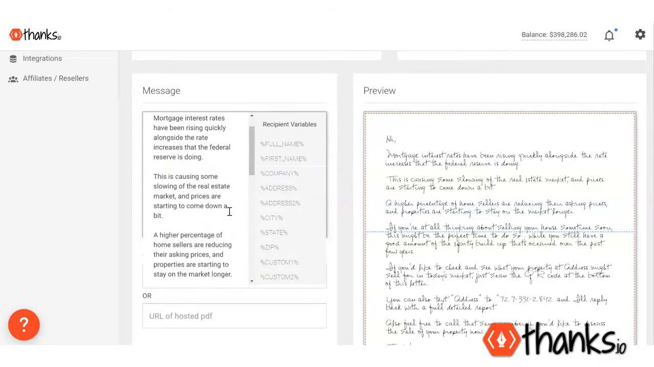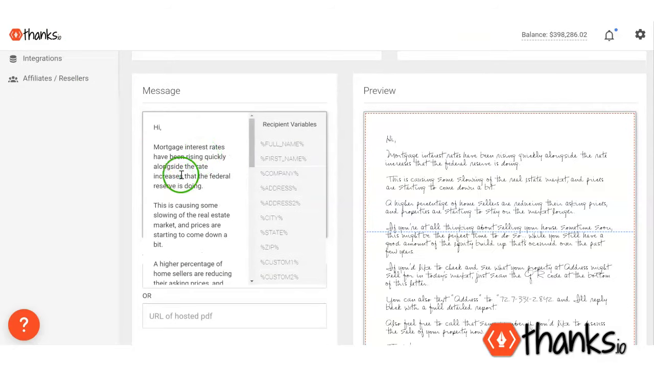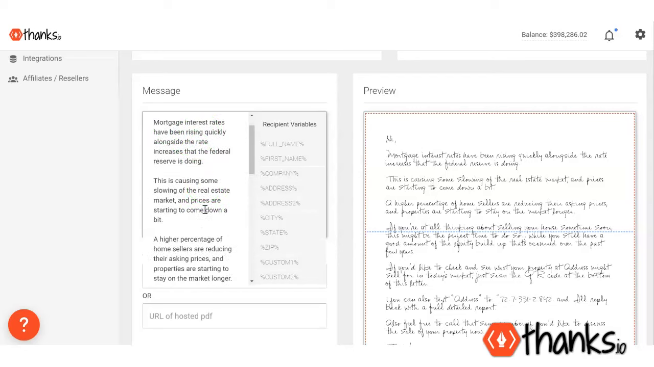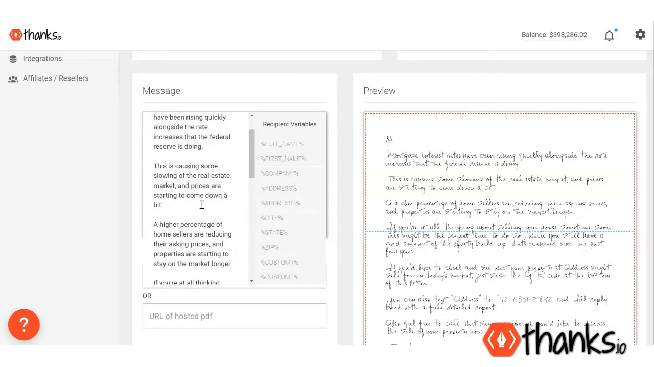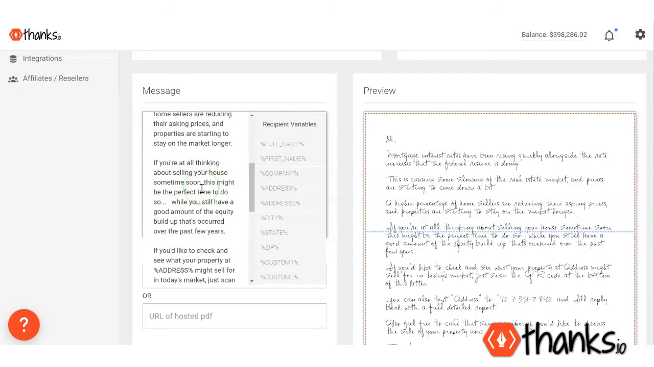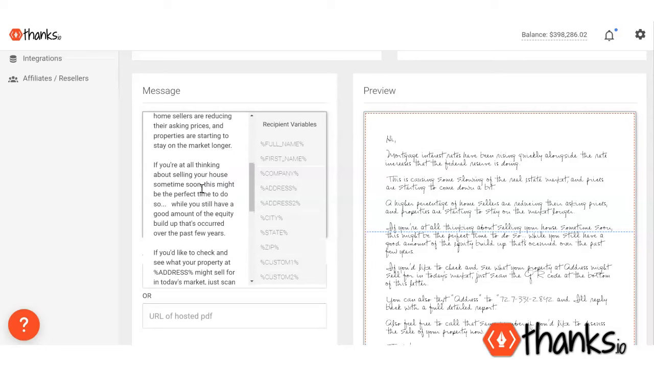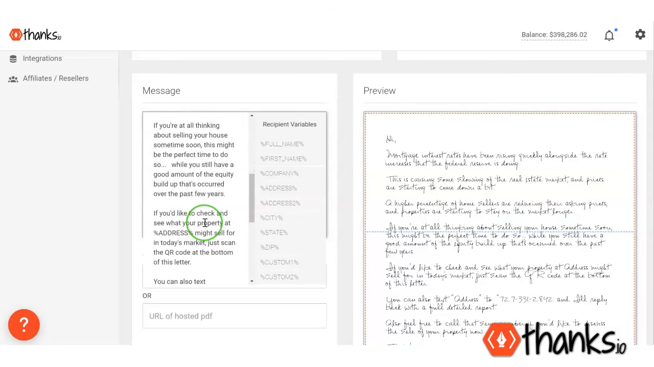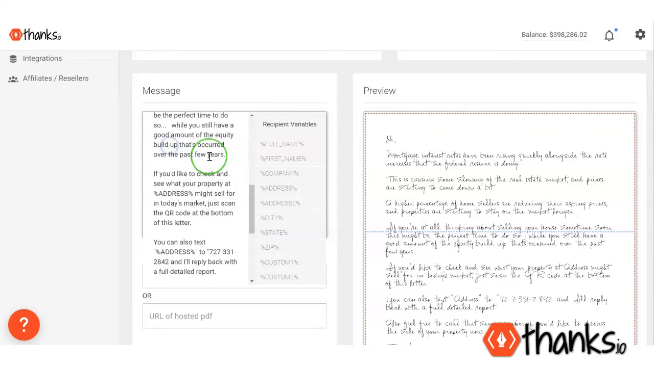Okay, so I've got my script here. I'll just read it out real quick. Mortgage interest rates have been rising quickly alongside the rate increases the Federal Reserve is doing. This is causing some slowing of the real estate market. Prices are starting to come down a bit. A higher percentage of home sellers are reducing their asking prices, and properties are starting to stay on the market longer. If you are at all thinking about selling your house soon, this might be the perfect time to do so while you still have a good amount of equity buildup that's occurred over